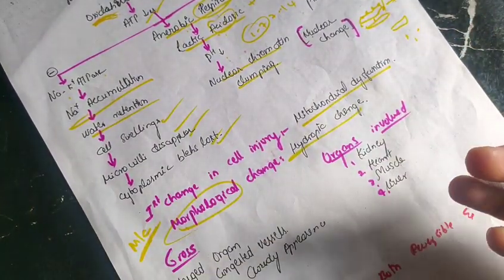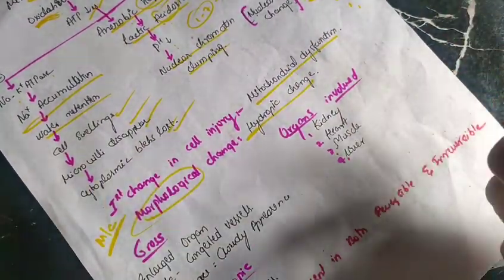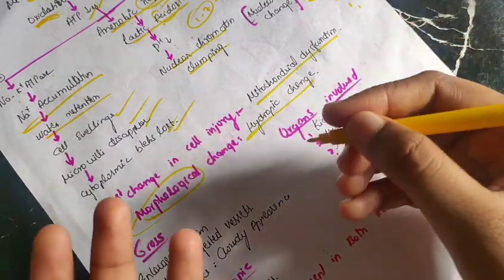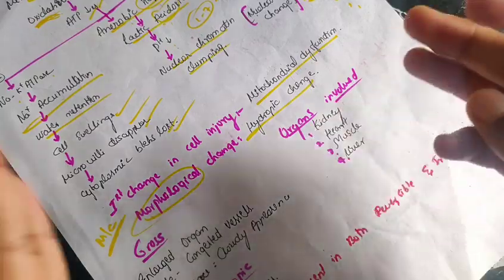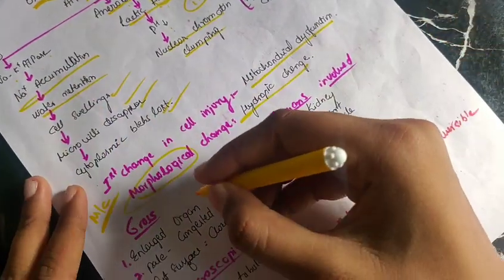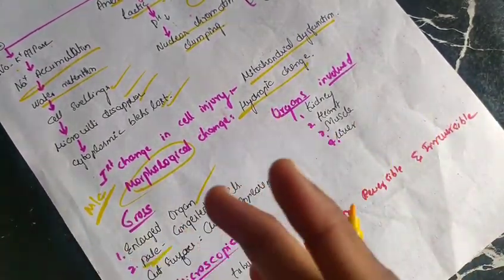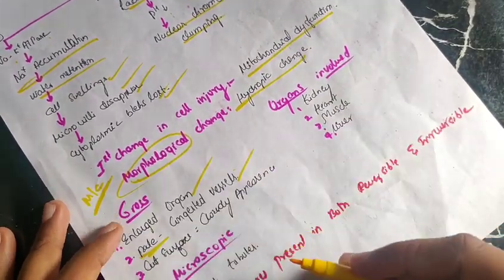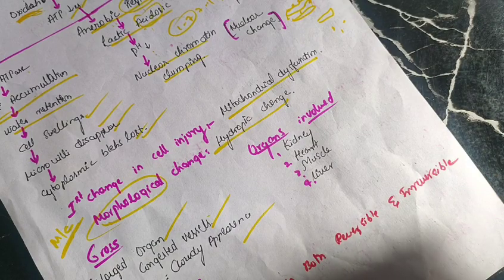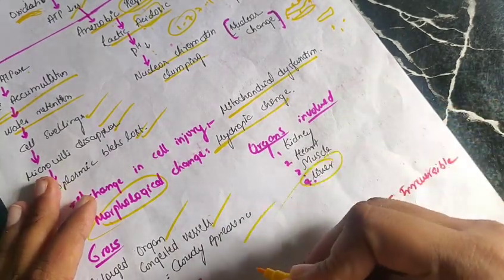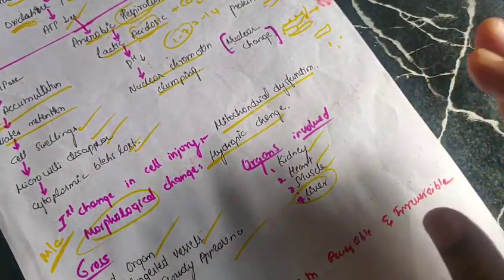And how does it appear grossly? In reversible cell injury, the cells will be swollen. All cells form tissue, and tissues form an organ, so swelling of the cells implies swelling of the organ. So there is enlargement of the organ, and it will be pale in color, because the enlargement compresses the blood vessels. The cut surface will have a cloudy appearance. The organs involved in reversible cell injury are, as I said, the liver (fatty liver), muscles, heart, and kidney.